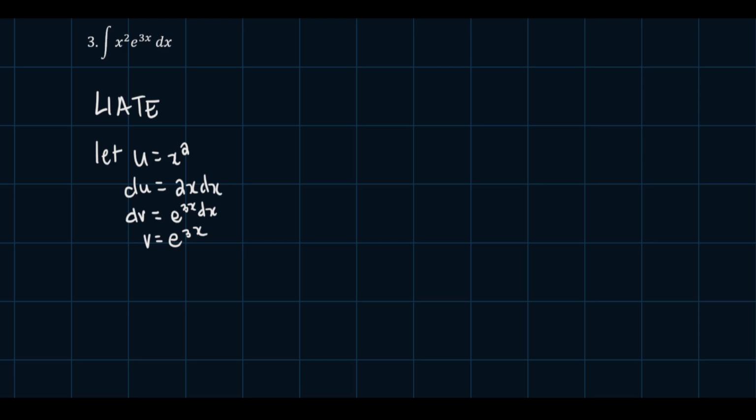Okay, so by integration by parts formula, this is equal to uv. So x squared times 1 over 3 e raised to 3x